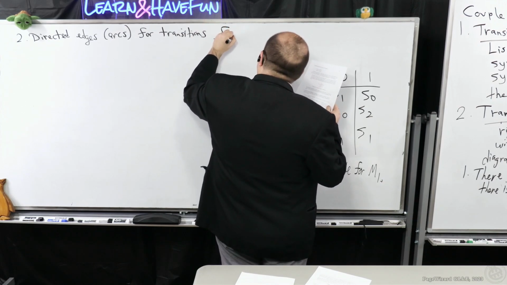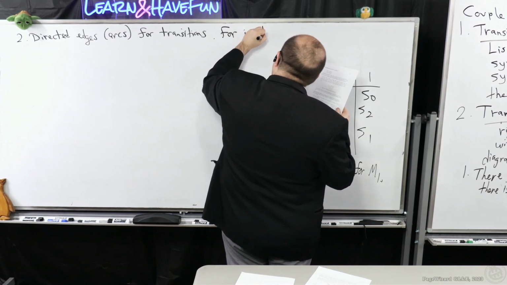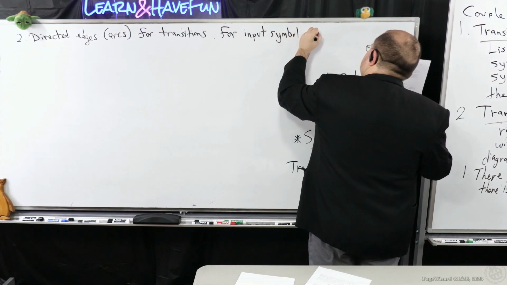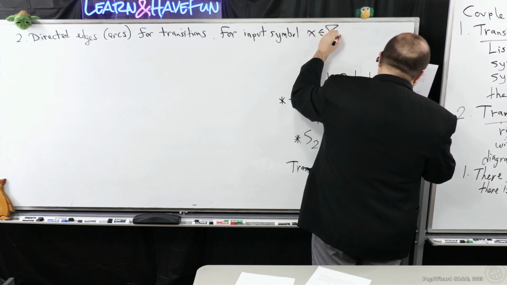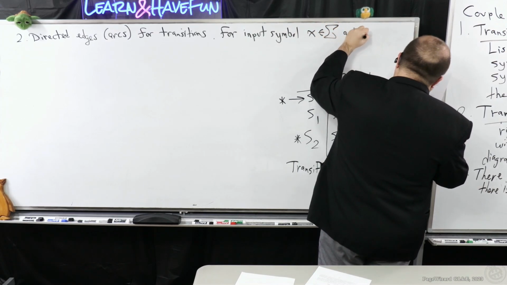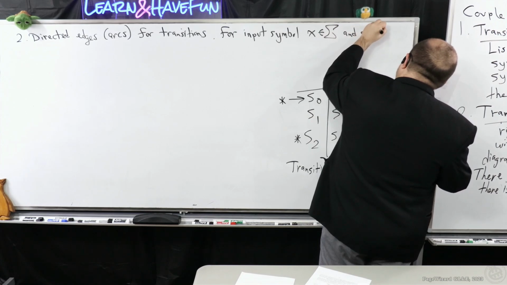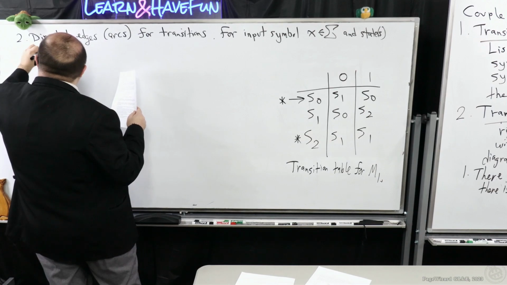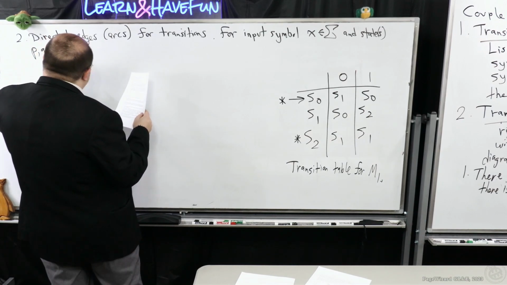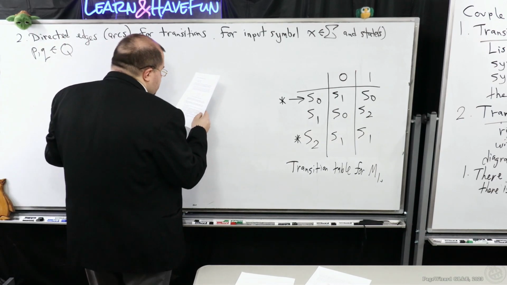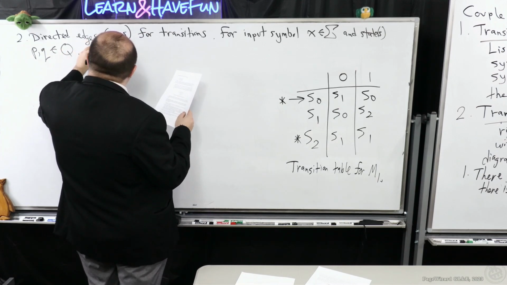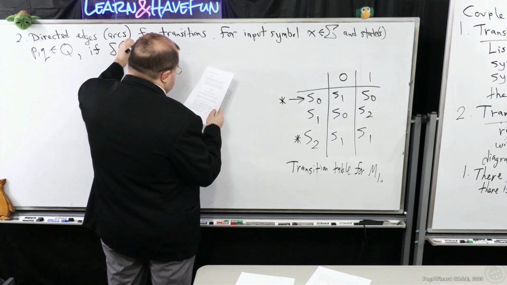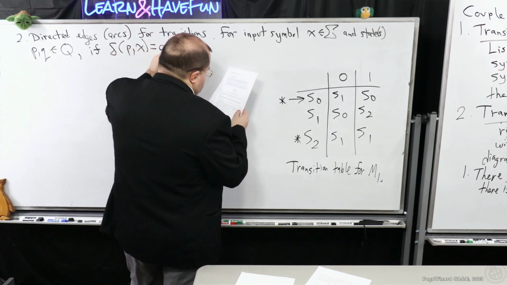So for input symbol X, which is in the input symbols, and state, or potentially states, P and Q in Q, because keep in mind you could stay in the same state, if delta of P, X is equal to Q,